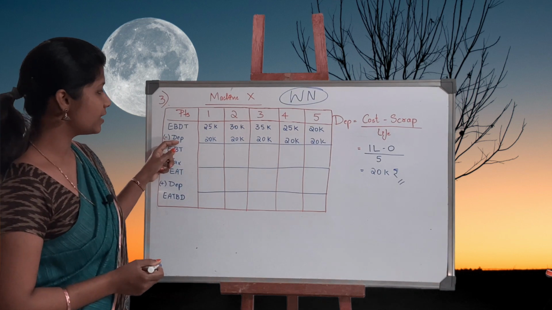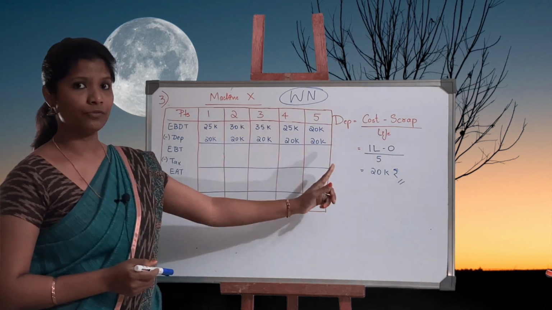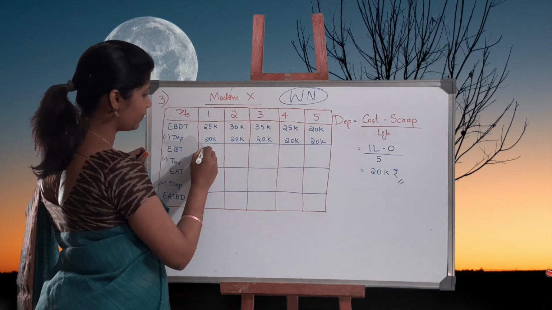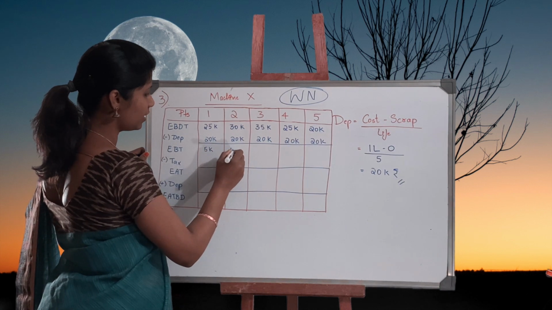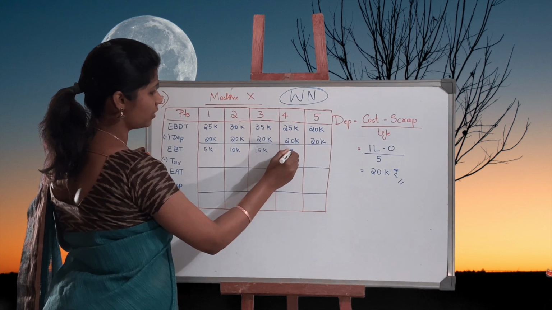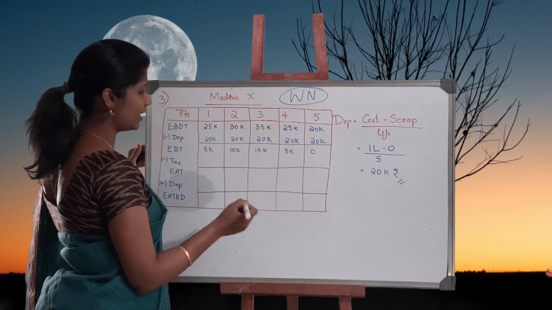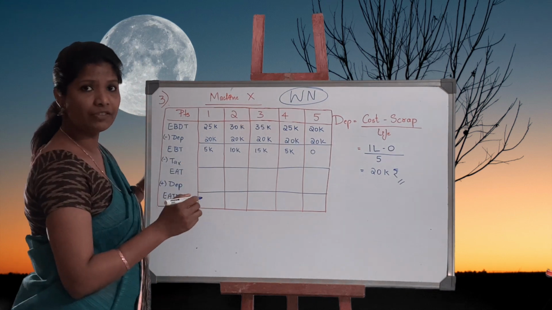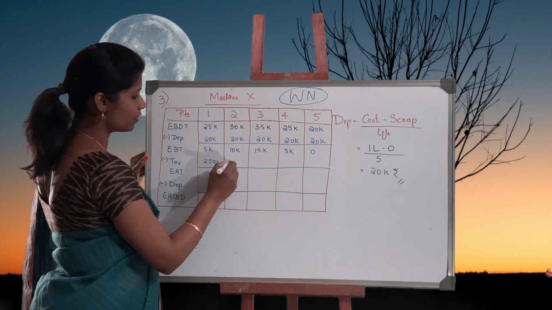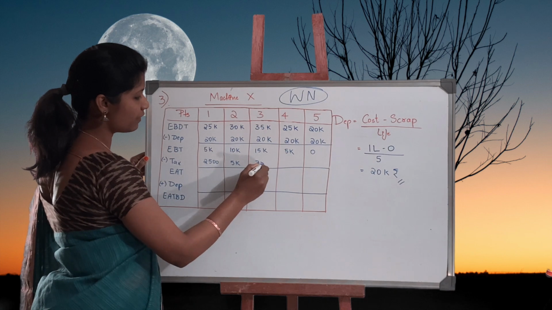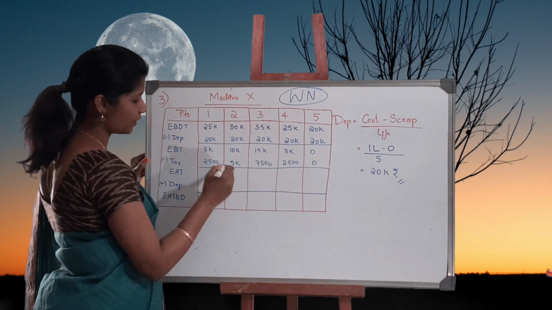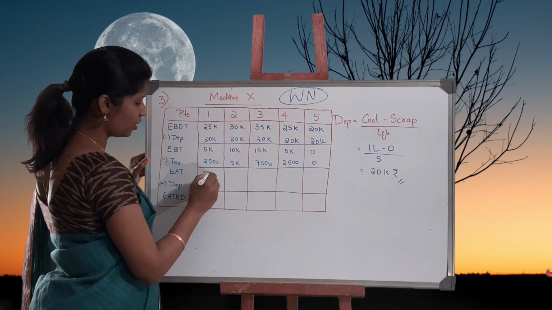Then I deduct depreciation, what we have just found out, 20,000 for all the years, and then we calculate earnings before tax, which is 5,000, 10,000, 15,000, 5,000 and nil. 20 minus 20 is nil. Next, the tax is given at 50% rate. So half of that: 2,500, 5,000, 7,500, 2,500 and nil. So carrying forward the remaining 50%,